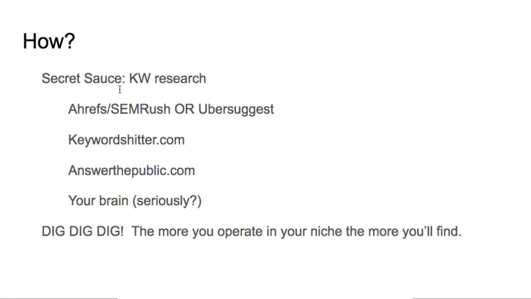Now, if you're starting out and every nickel you invest has to potentially return a good return for you, you may be a little bit more judicious. I get that. That's cool. But eventually, really, you want to wear that publisher hat. All right. Here's how you do keyword research.